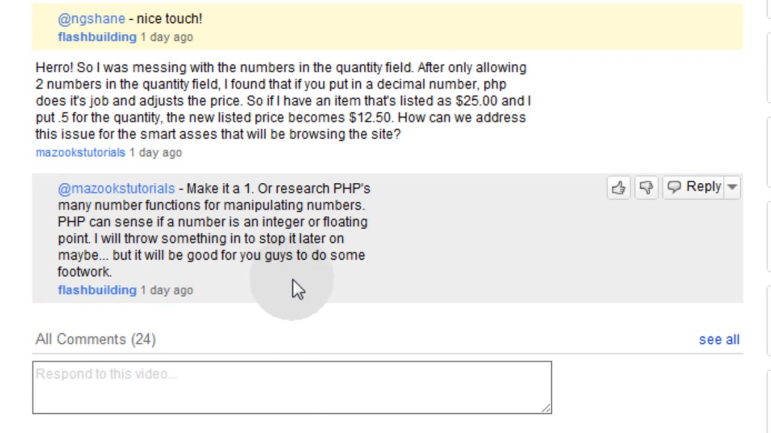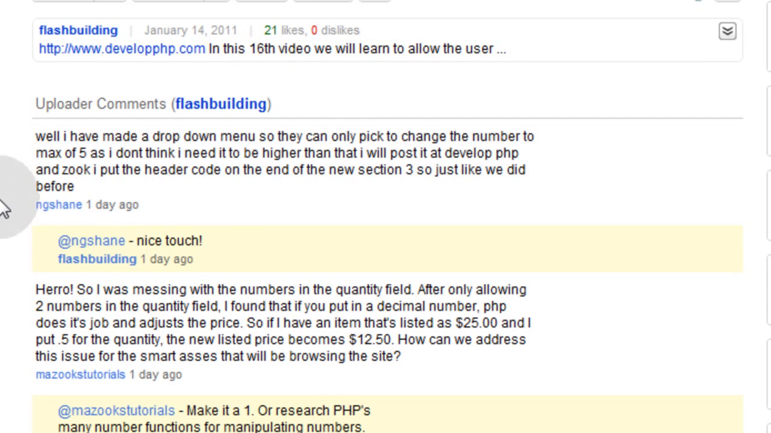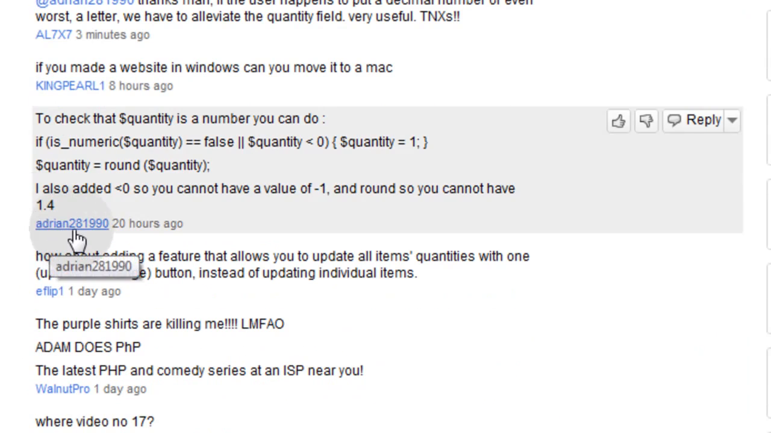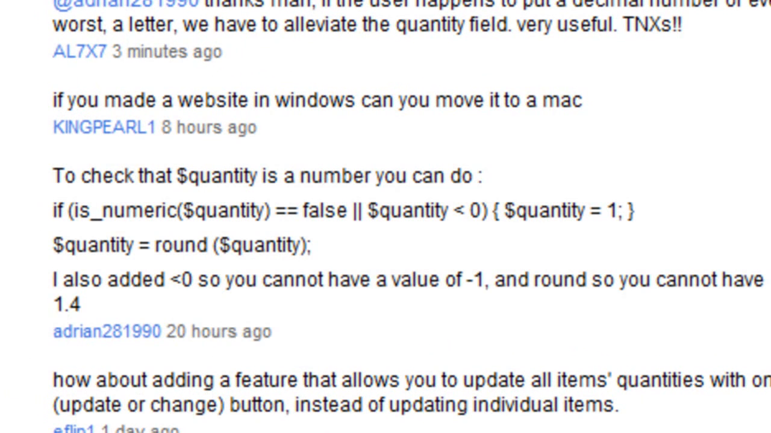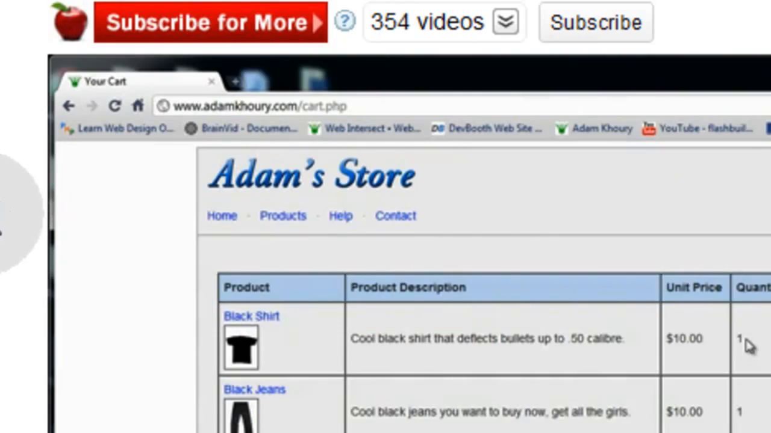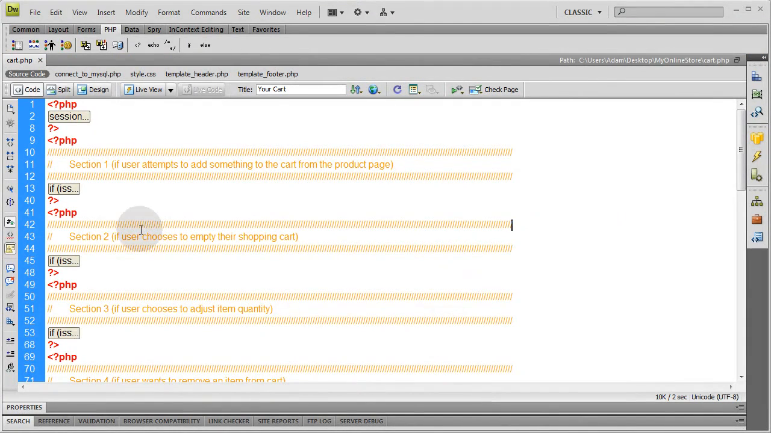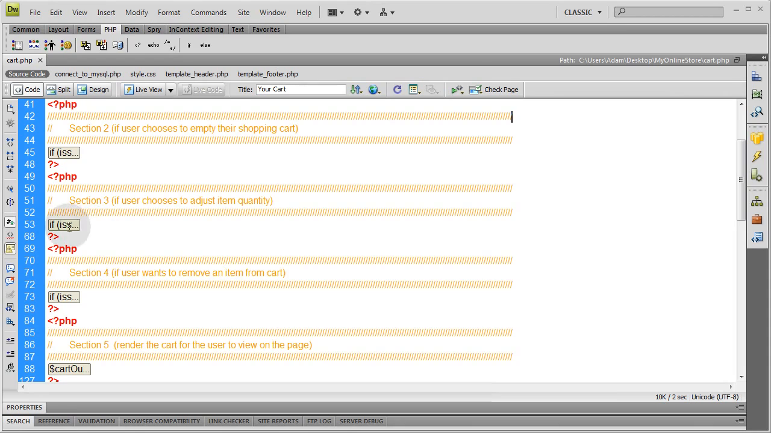I told him a couple of things he can try, and then NG Shane, which is Shane UK from Develop PHP, he's the one that suggested putting a drop down, which would be a good solution to that problem. Or you could do something like Adrian 281990 did here, that's pretty good coding there. But I'm going to do something a little bit different to alleviate that problem, and it's going to be very quick. And don't worry, go into part 3 or section 3 of the cart.php,